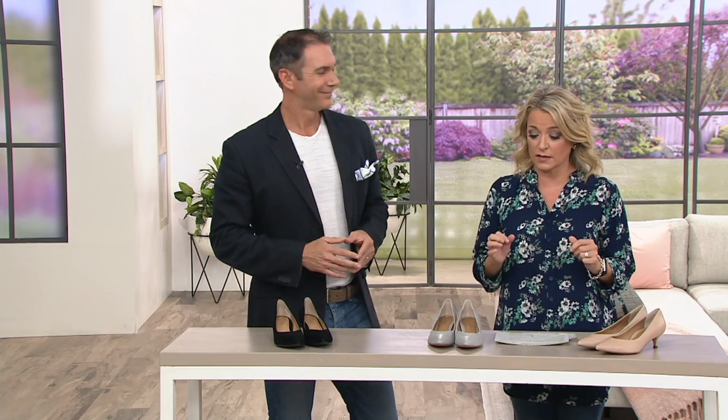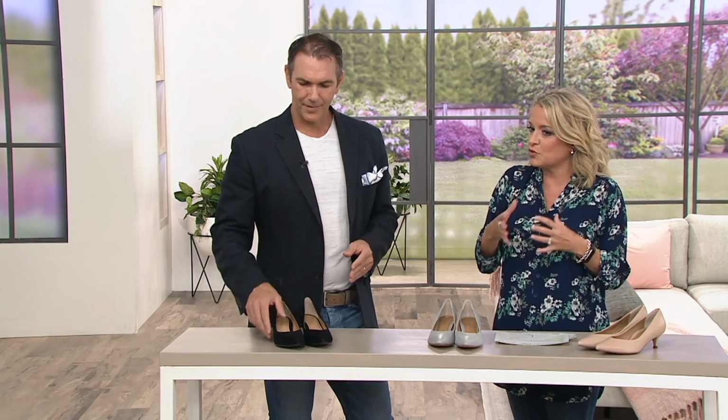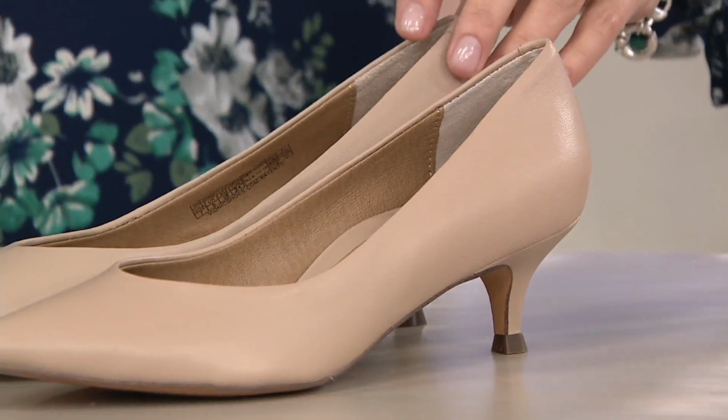Wear them for an hour or two and it's like, what was I doing? It's why we turned to Vionic. I love that you have brought us a kitten heel. Yeah, this is another one of those classic looks, a 2-inch heel, completely wearable, I think, for just about all of us. And this is a shoe, iconic. I think when we think about some different shoe silhouettes, this one's iconic. This in particular,